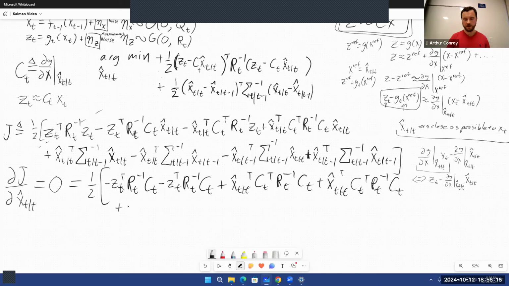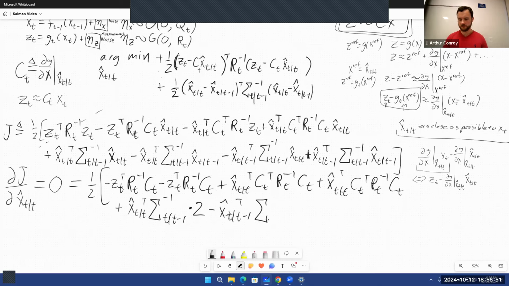And by now you can probably see a pattern starting to emerge, whereby we're going to have terms doubling up, which are then going to be canceled out by the 1/2. But since we're optimizing, setting this equal to 0, doubling up doesn't matter either, even if there wasn't a 1/2. It's just a scalar. All right, cool. And I'll put a times 2, because we're going to get that again. And we're going to get minus x t given t minus 1